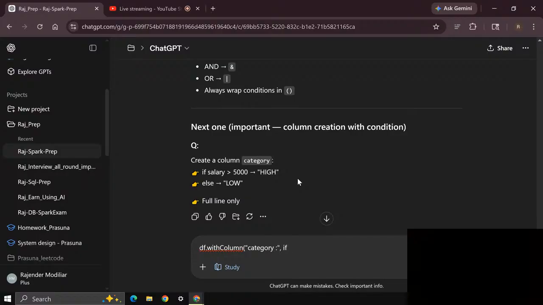If column of salary, okay, I'll mention that salary greater than 5,000, I think colon, I believe.